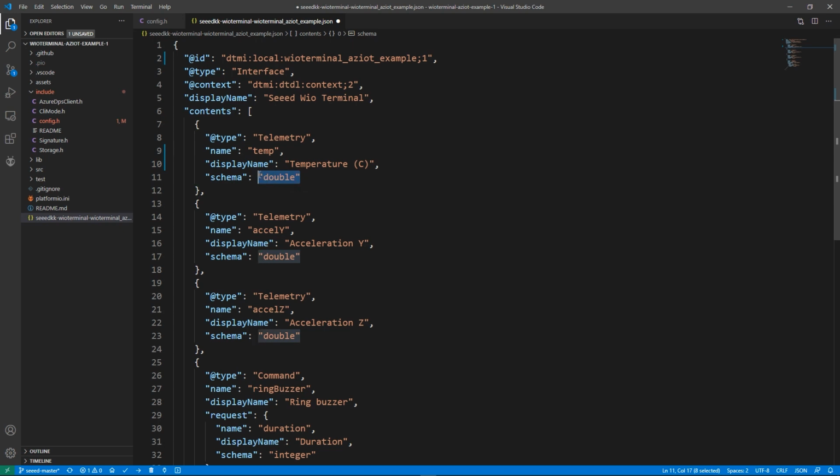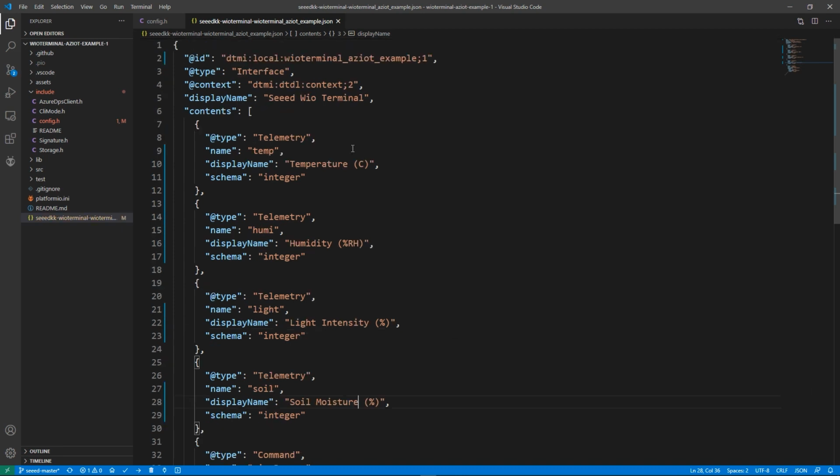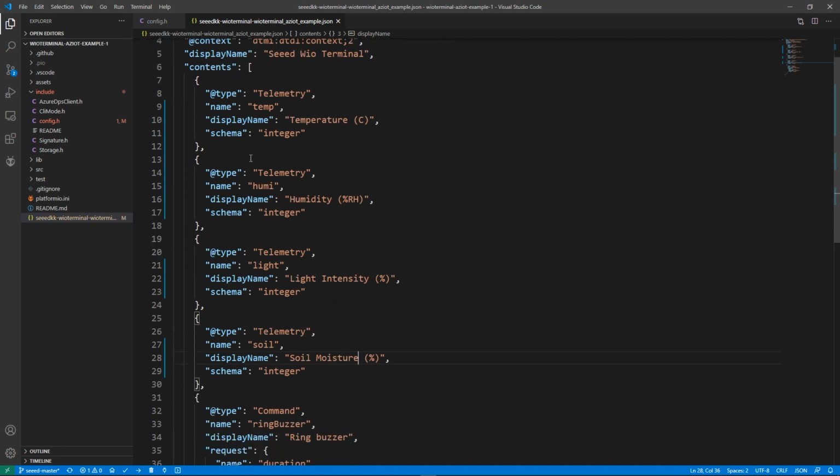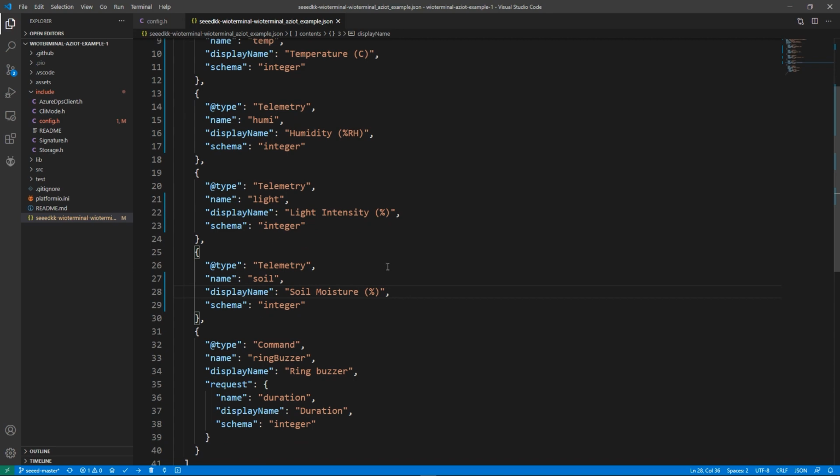Note that this is the data type, and I will change this to integer for all. So this is for temperature, humidity, light intensity and soil moisture.